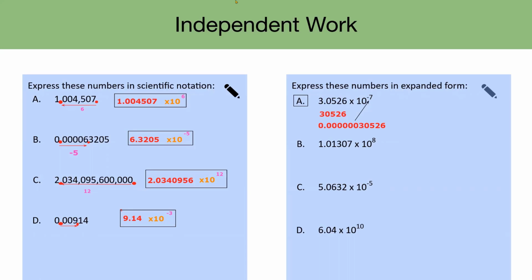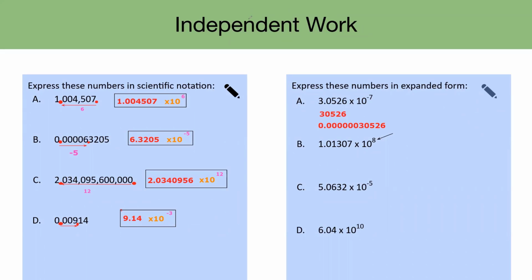In letter B, we are not going to be making a decimal number this time. We are going to be making a larger number. That is because we have this positive exponent this time. With a positive exponent, we are going to move our decimal place to the right. We could actually start doing this